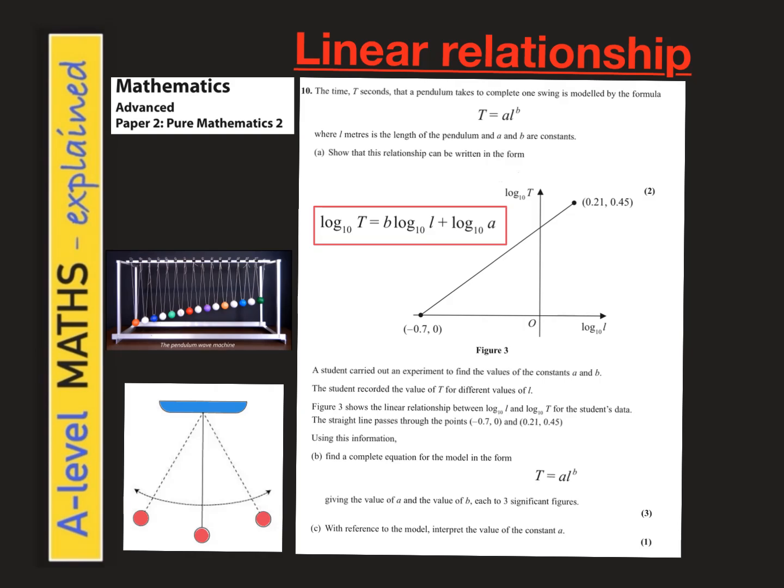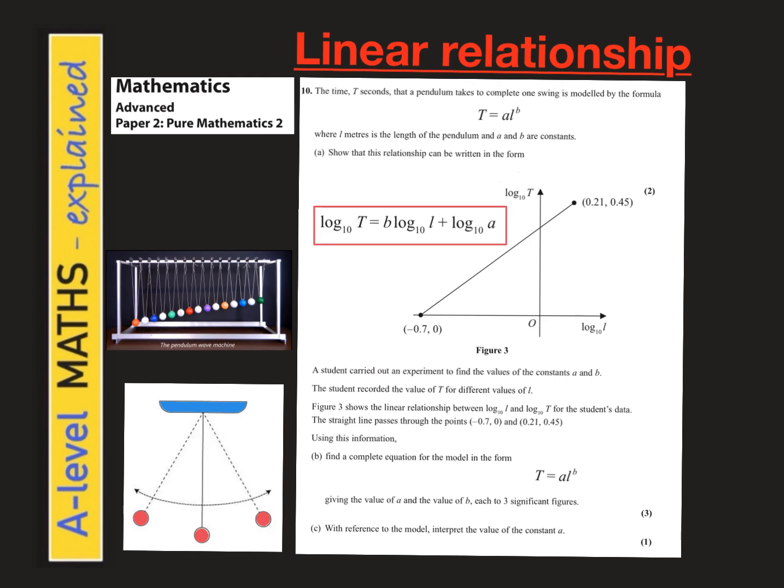So the time in seconds taken for the pendulum to complete one swing. That means the pendulum starts here, goes to the right, goes to the left, and comes back again to the starting position. And that's modeled by this equation. T equals a L to the b, where L is the length of the pendulum in meters, and a and b are constants,